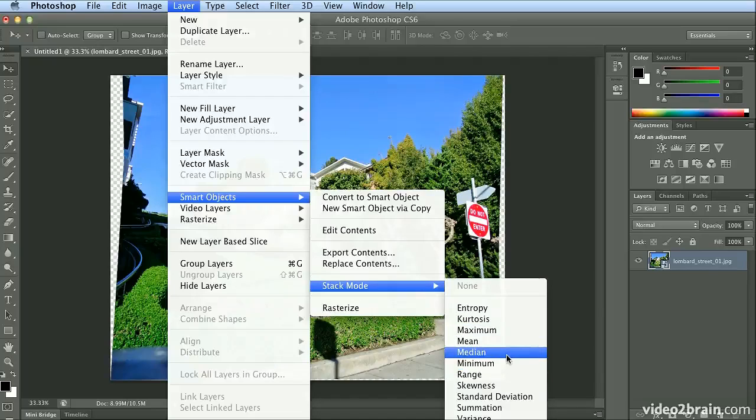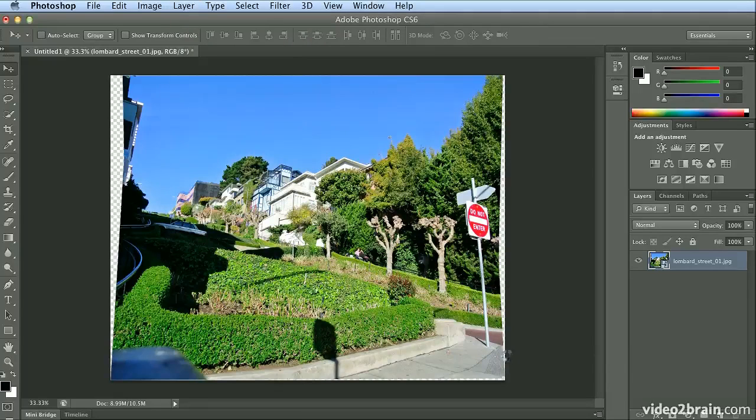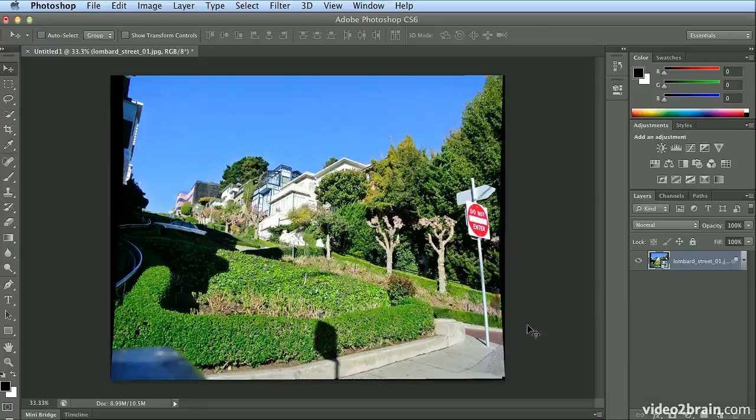So let's just start with Median, which is the end of this trick. When I choose Median, it looks at all 9 of those photos, compares where they have solid values, and now merged all of them into one final piece. No cars traveling down, no tourists whatsoever. There's a little bit of a ghost effect here of someone that was standing in the shot at some point,